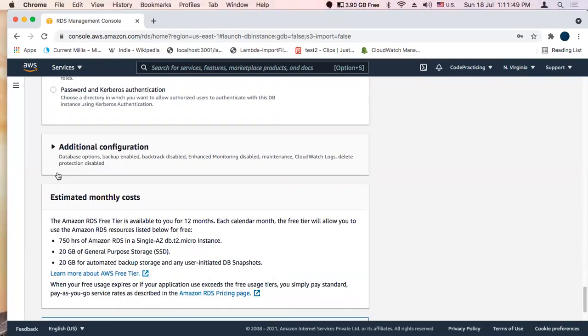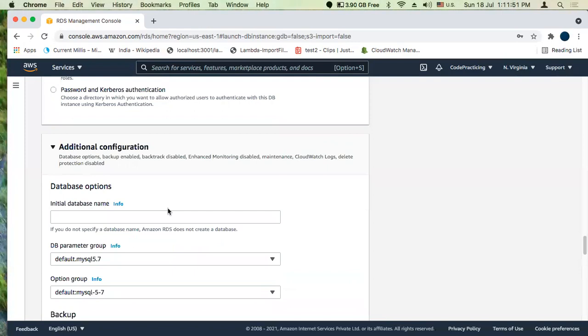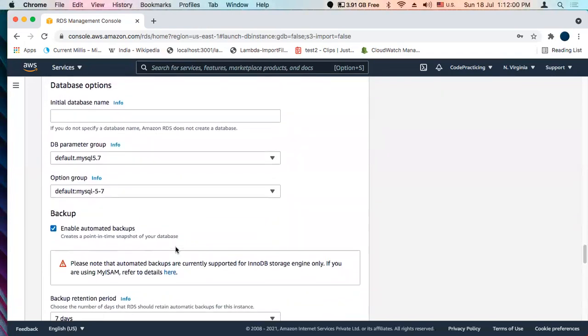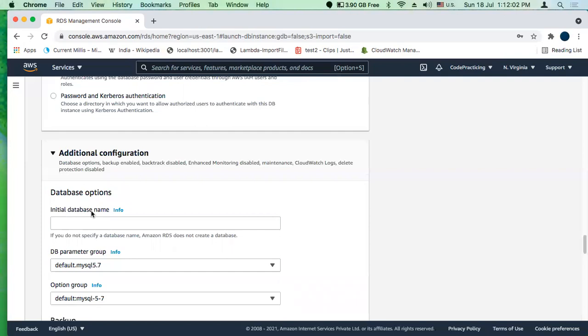Now we have additional configuration. Here are the database options: initial database name, DB parameter group, option groups, backup. So for initial database name, give a database name. If you do not provide a name, Amazon RDS will not automatically create a database on the new DB instance.